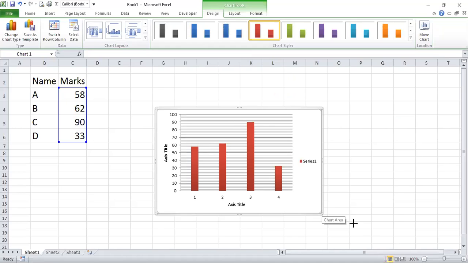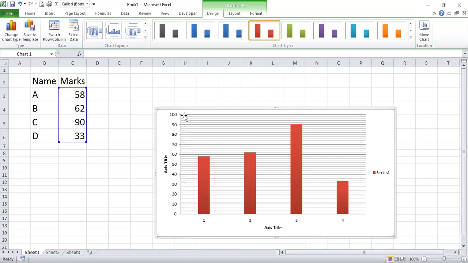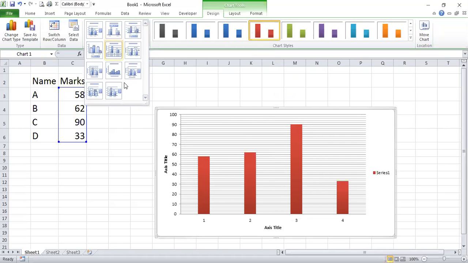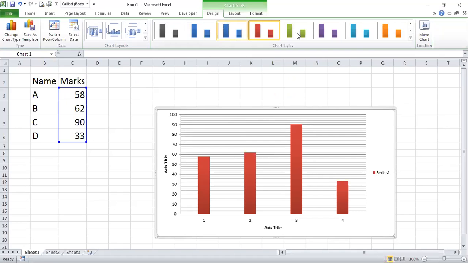Now if you see here, the darker lines are the major grid lines, and the smaller, thinner, weaker lines are minor grid lines. So we can add these lines also. Likewise, you can choose the layout that you want to add, and then this is the move chart button.